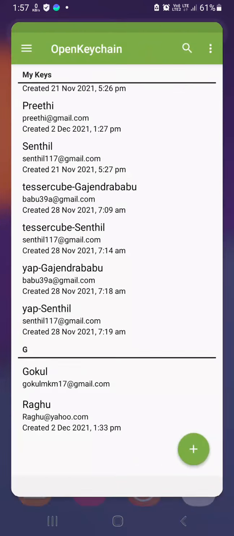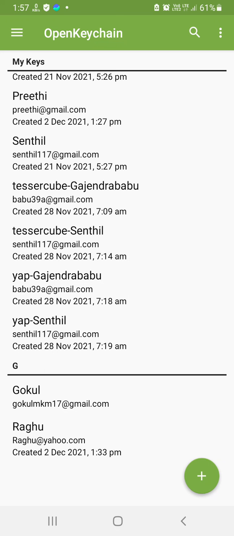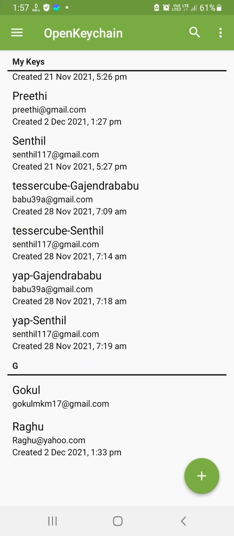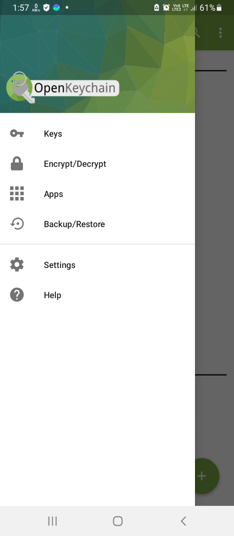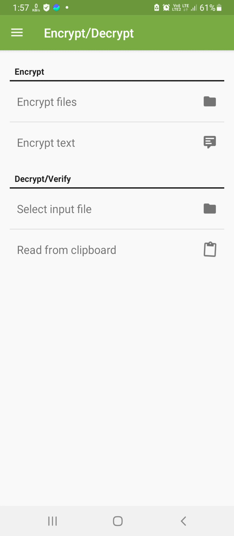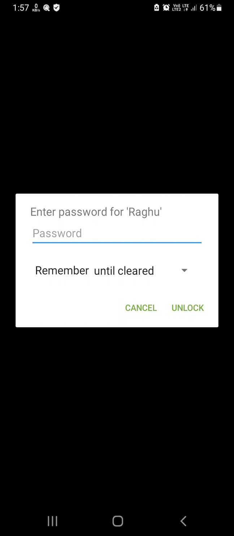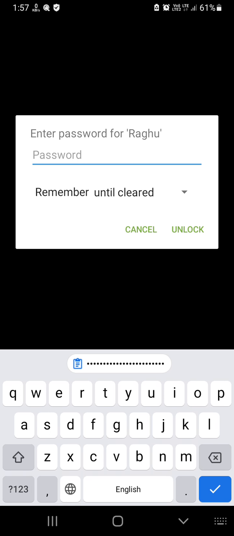Now let us open OpenKeychain and go there, and then let me decrypt this. Three lines in the top LHS, select that, and then go to encrypt decrypt. Now read from clipboard. Since we used a password to create the key Raghu, now it asks me for the password.